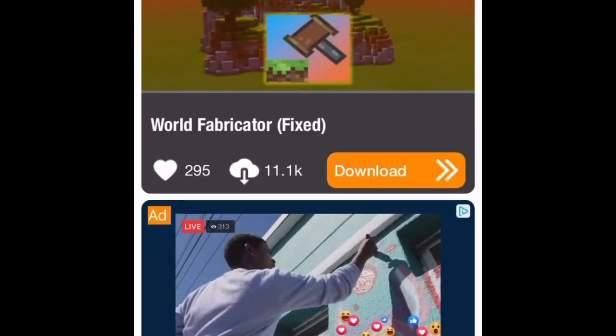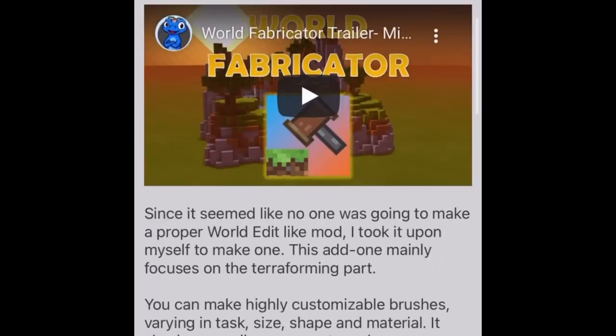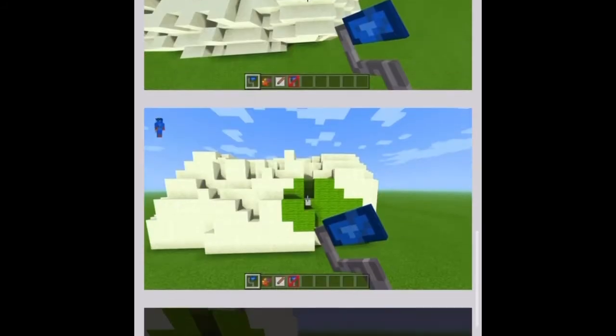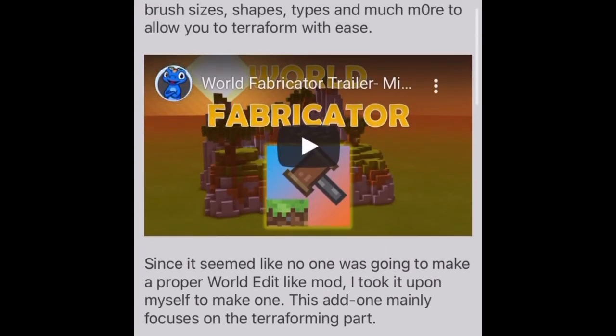And when you go into the app, what you're going to do is search up World Fabricator, and it should pop up as the first thing. It should look kind of like this with a little hammer hitting the grass block. When you touch on the icon, it'll open up a little pop-up like this. And when we scroll down, it'll say a whole bunch of things on there, which I'm not gonna go over because it's basically what I just showed you. And the map,